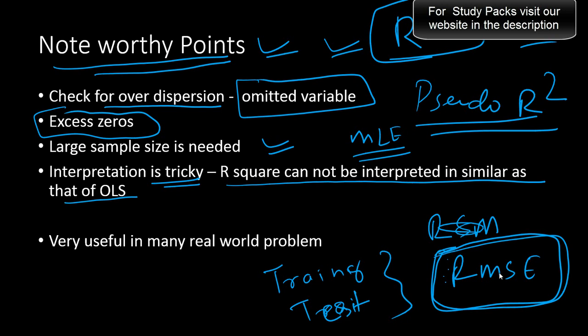And this is very useful in many real world problems. As I have already talked about in the beginning of the session, there are a number of industrial applications, whether it's operations, finance, supply chain, or many manufacturing companies. You actually come across cases where your dependent variable is a count of something, and that's exactly where you should go ahead with modeling